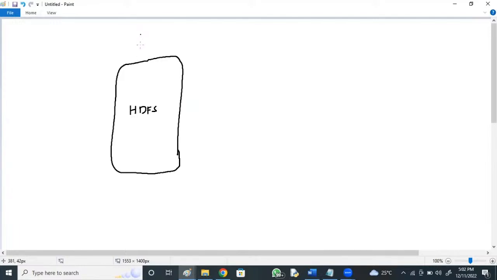We say big data Hadoop. Hadoop is meant for two things: storage and processing. For storage, it doesn't use any database, because databases have some drawbacks.